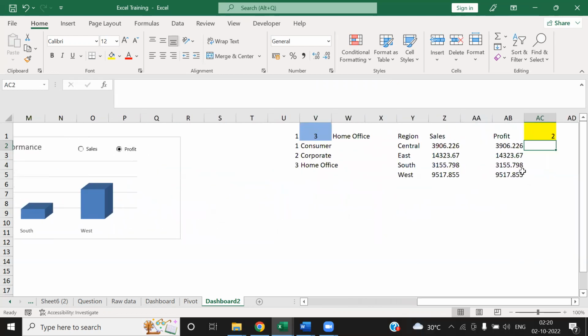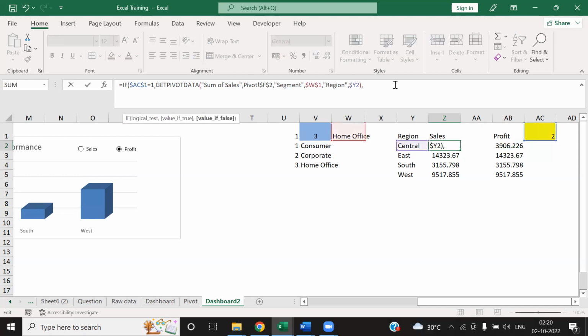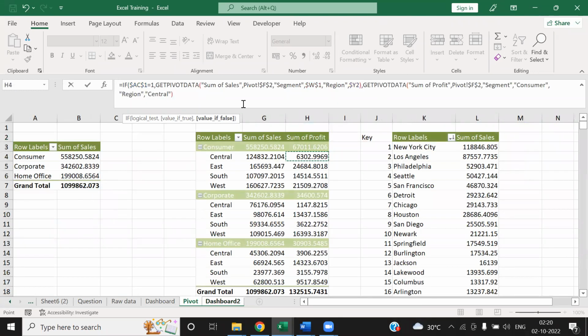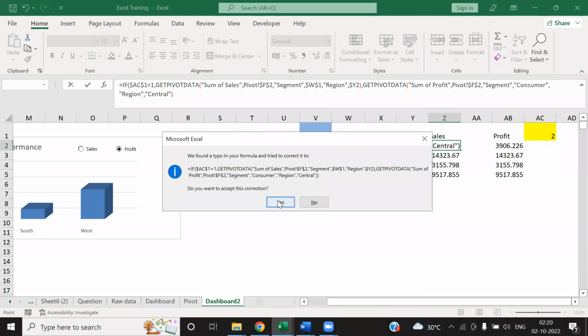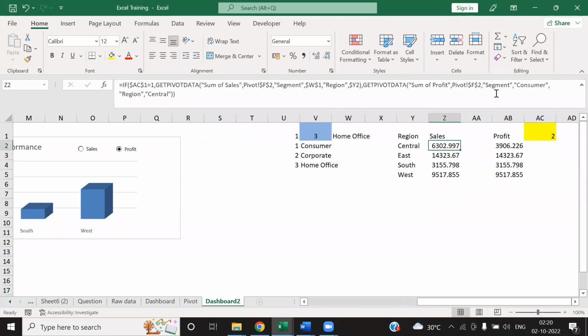Okay. So this could be little confusing, but once you practice it, you will find how easy it is. Now here, I just reference to this cells. You can also write a get pivot. Okay, let's do a if equal to 1, then get pivot sales, else get pivot. यहाँ से लो आप, selling करो profit को, okay, and then just make it dynamic by linking it with